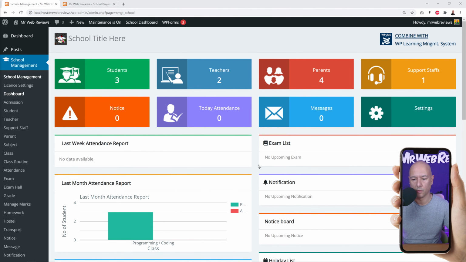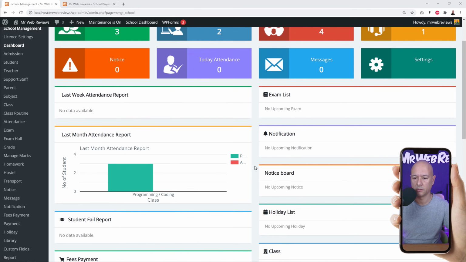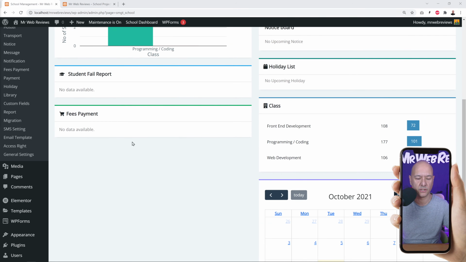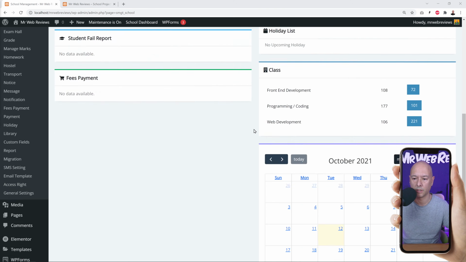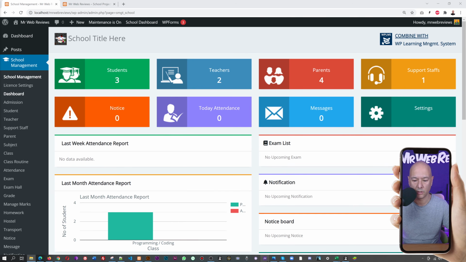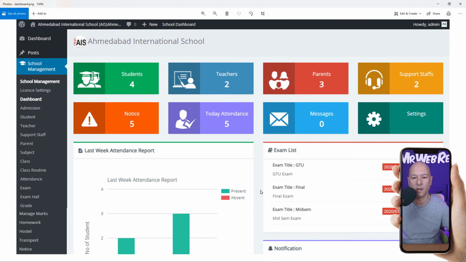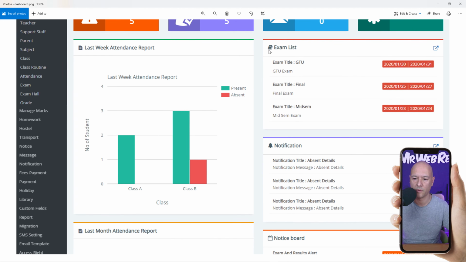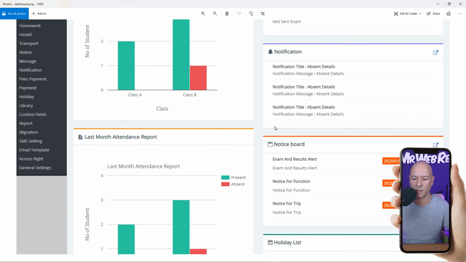And now if we scroll down the page, we have even more information. Obviously we have the exam list, notice board, holiday list, the different classes, and fees that have been paid as well. And you have your own calendar here. Because we started fresh, we don't have any data yet, but it will look something similar to this. Once you have your students enrolled and your school year has started, it will fill out automatically. So we have all the exam lists that will display,